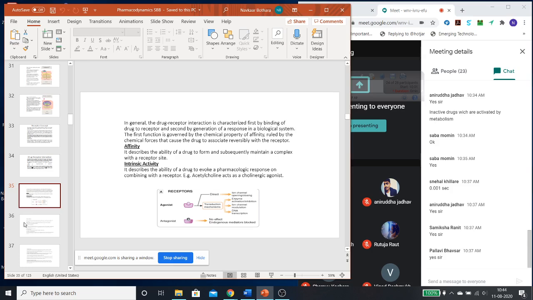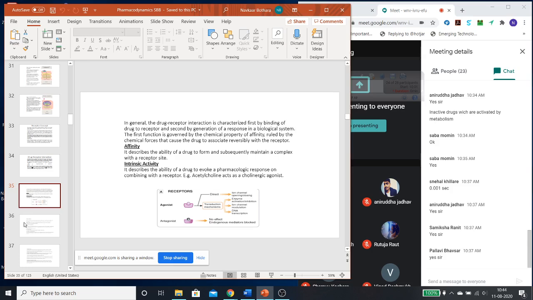We have seen this figure already, what an agonist is and what an antagonist is. What do you mean by affinity and what is intrinsic activity? This we shall be using further for a few more terms to understand. In that we shall understand what is meant by potency, what is meant by efficacy. And then we shall be able to go into further details about the actions of the drug, or the various theories that explain the action of a drug.